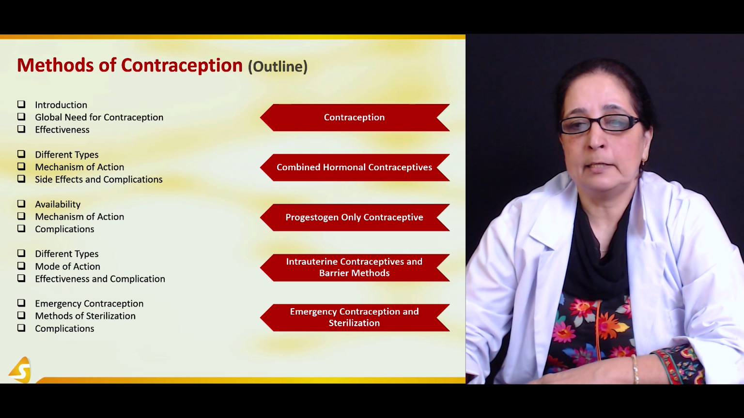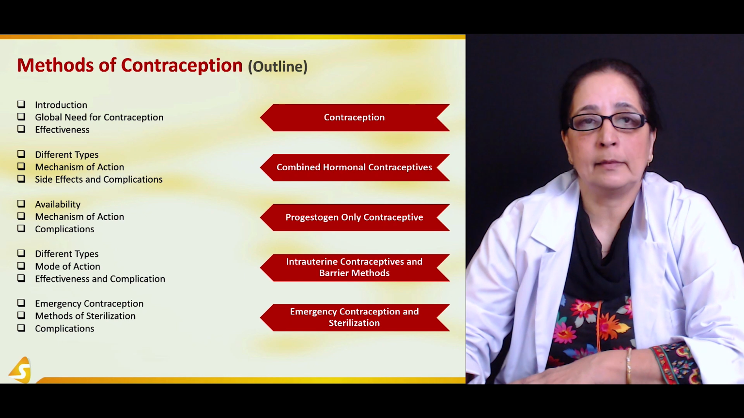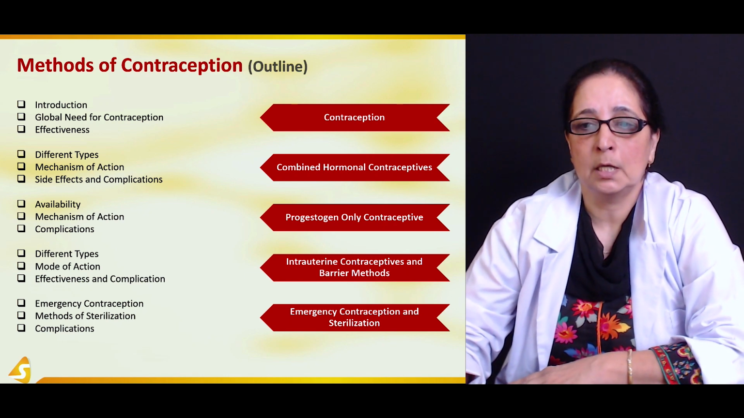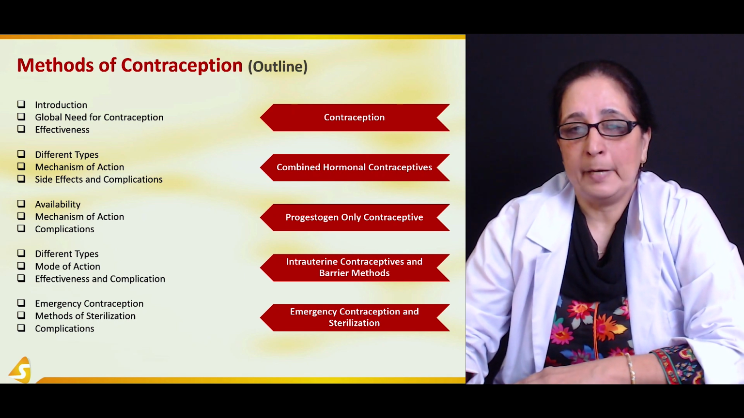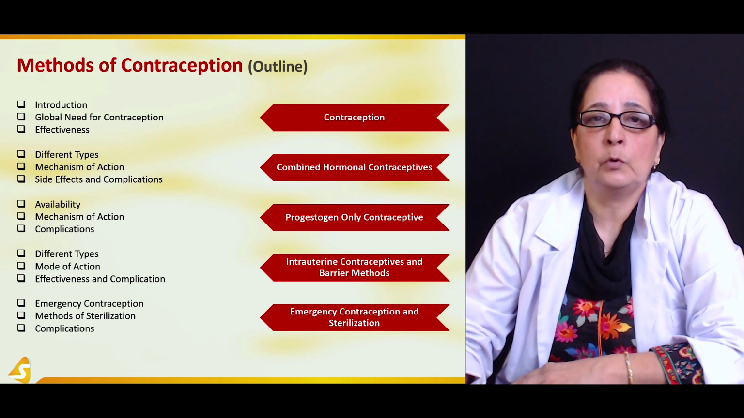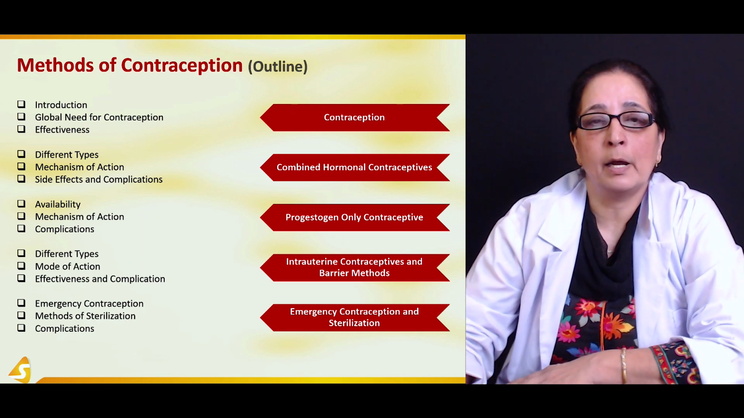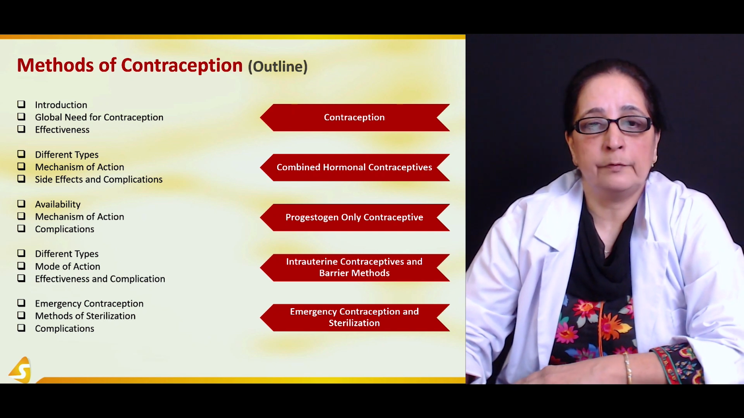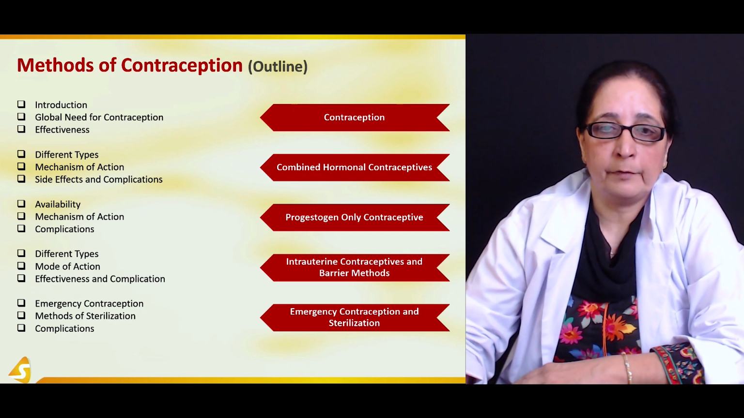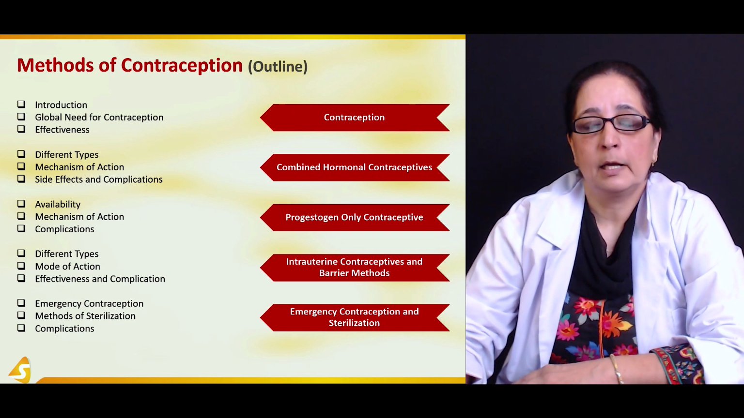In the second section of our lecture, we will talk about a very common method of contraception, which is combined hormonal contraceptives. These are the pills which consist of both estrogen and progesterone. That's why they are known as combined hormonal contraceptives. So we will talk about different types, mechanism of action, and what are the side effects and complications of combined